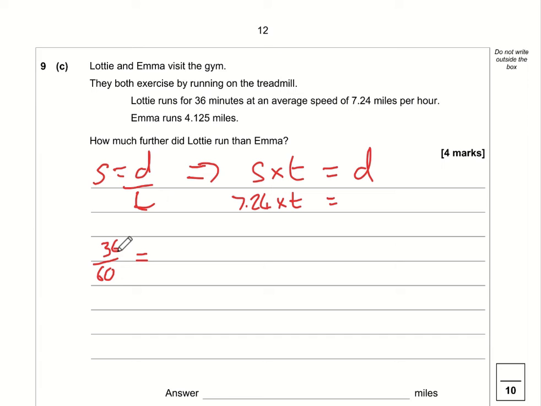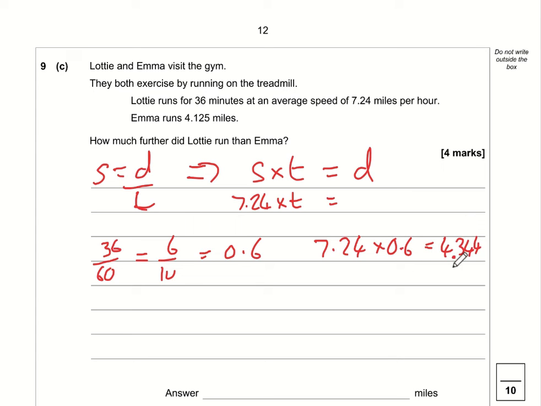And both of these numbers are in the 6 times table. There's a reason why it's a 36 and not 40. Well, actually 40 would have been okay, but quite often you get numbers which are in the 6 times table. So 36 out of 60 is the same as 6 over 10, so 6/10 of an hour, which is 0.6. So there's our calculation, 7.24 miles per hour times 0.6, and that comes to a total of